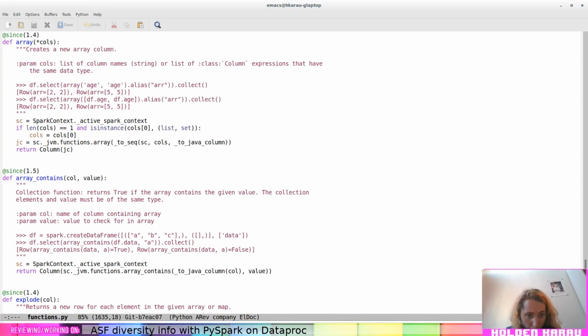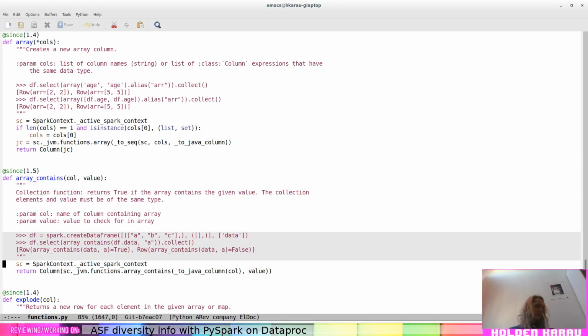Array contains. Alright. So that's why. One sec. Well, no, that doesn't make sense. I mean, this should still not be giving us a syntax error.